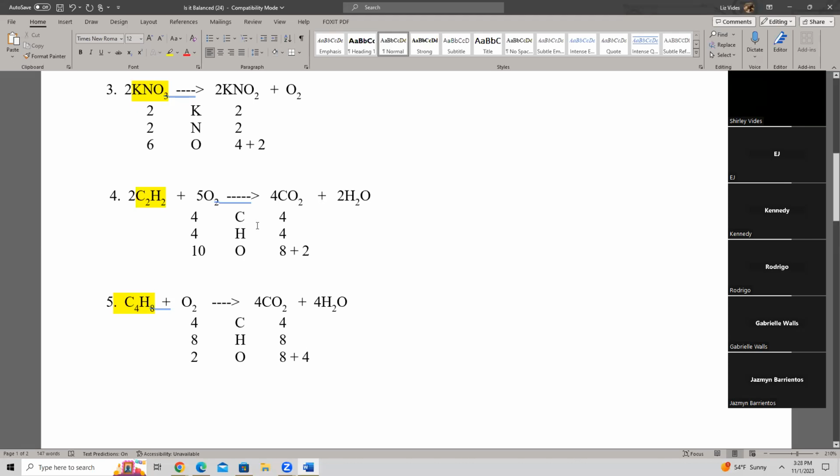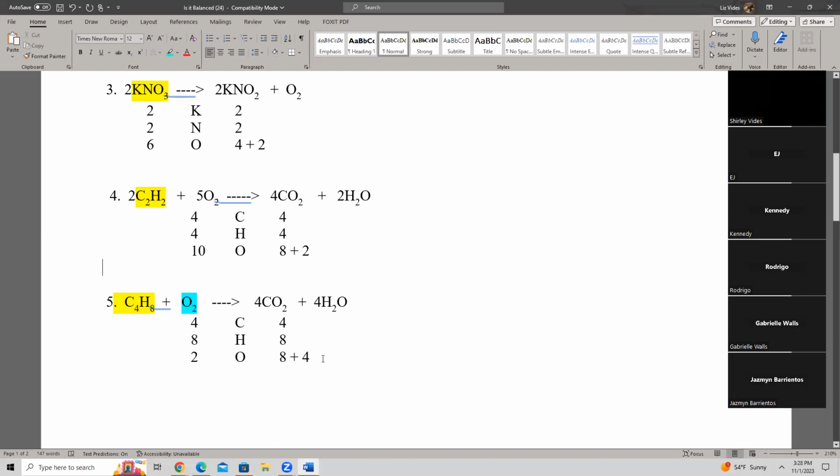And that was the other rule that I told you. You leave the elements that are alone, as in uncombined, and I'm going to write it in blue. So those are to be left alone until the very end. Why is that? Because they don't affect anybody else. But look how all of these other things changed. So if you had started by balancing the oxygen on the left, you would have screwed up everything and it would have taken you forever. Whereas following that rule of leaving the one that I just highlighted in blue alone, which is an uncombined element,